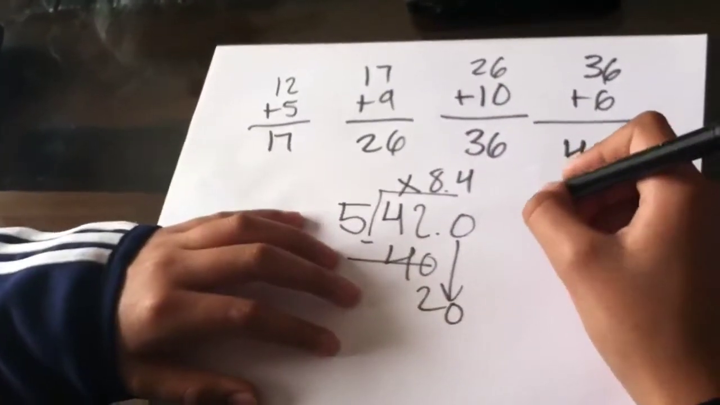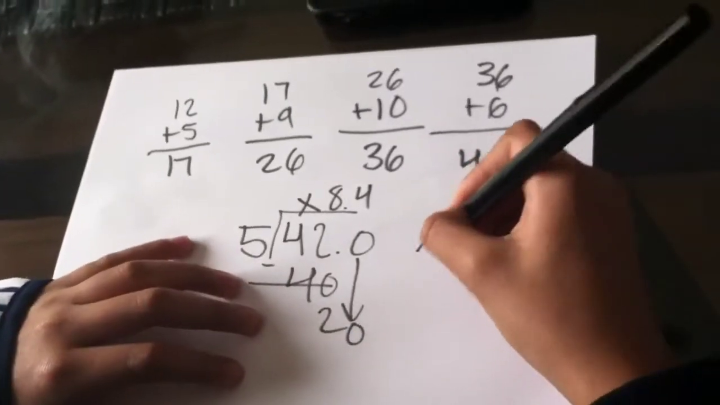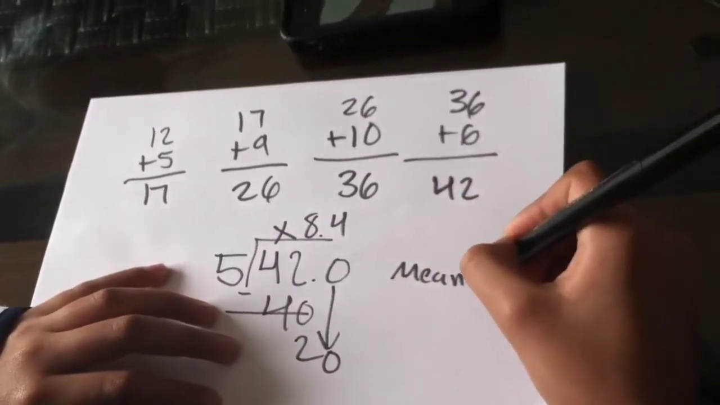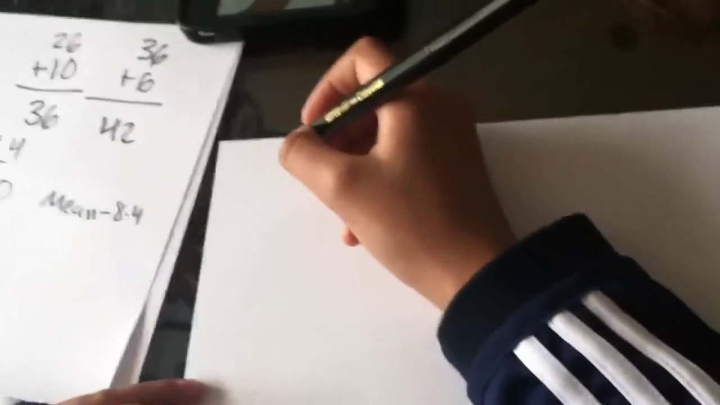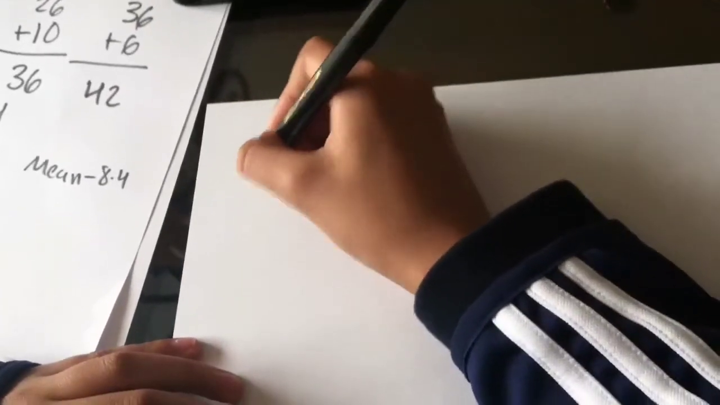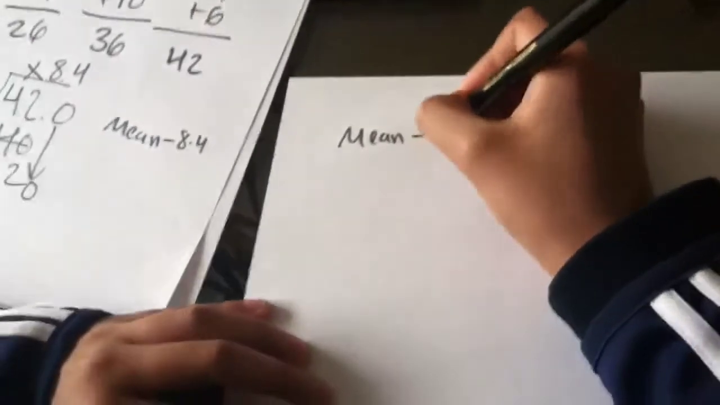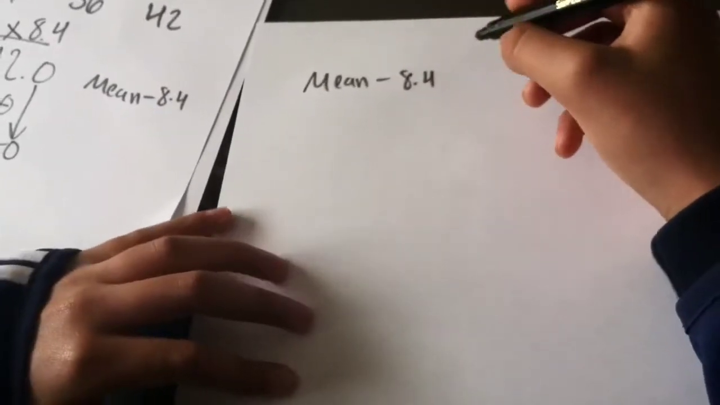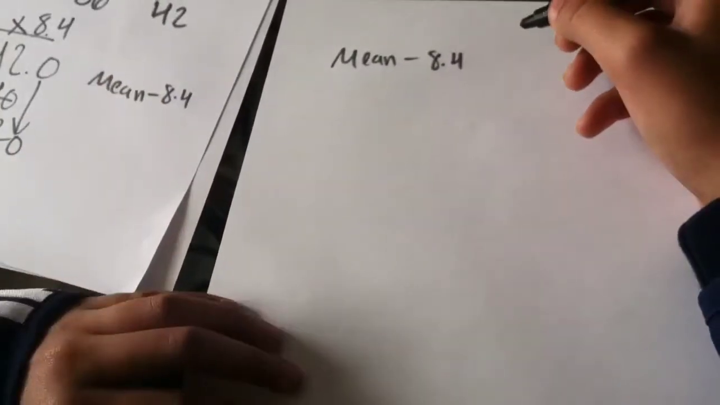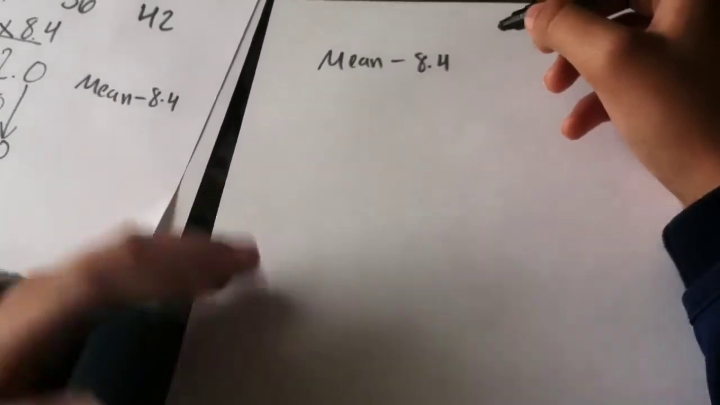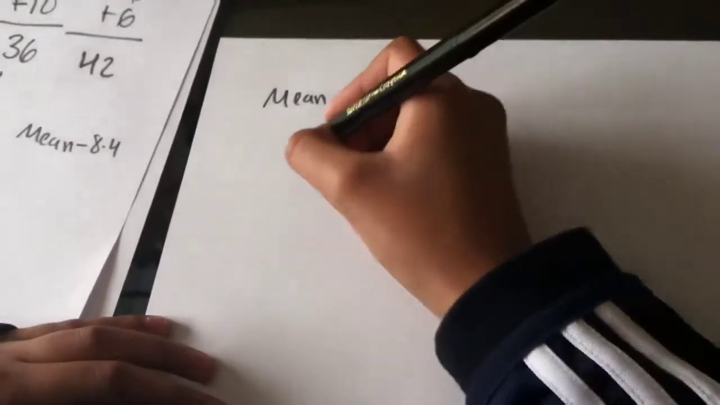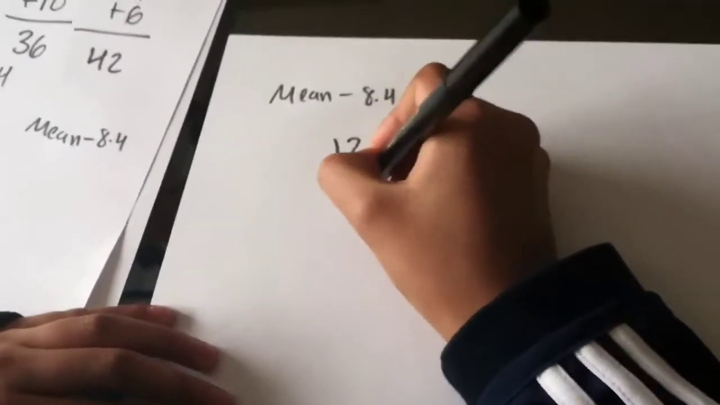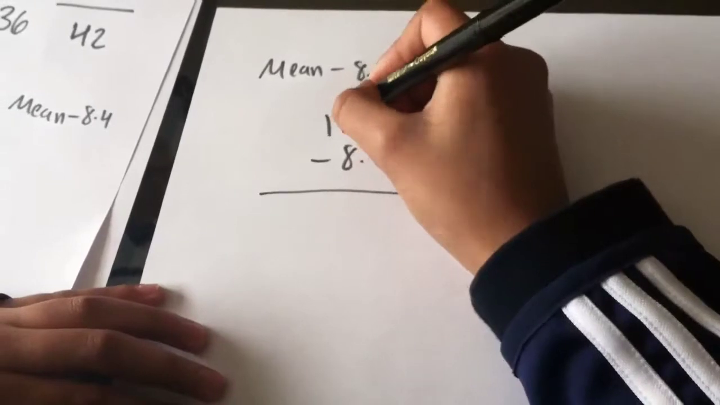So the mean was 8.4. So now let's move on to the M.A.D. So since our mean was 8.4, now the third step is to subtract all the numbers by 8.4. So 12 minus 8.4